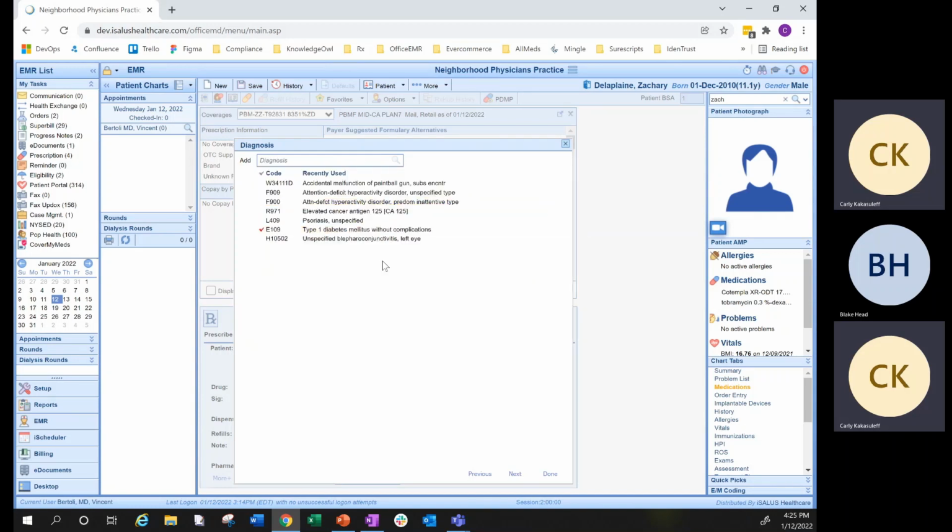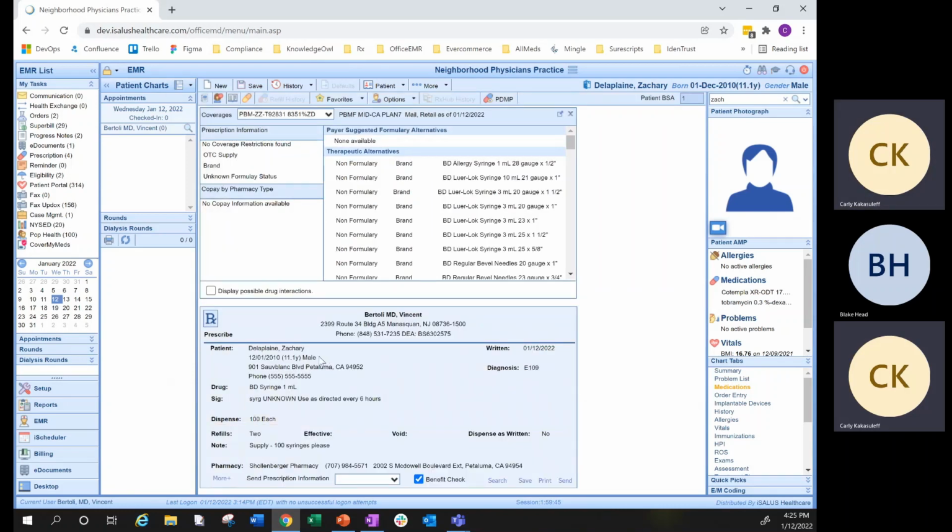Right now, you have the ability to add a lot of different diagnosis codes. We can only send 2 in an electronic prescription, so you will now be limited to selecting 2 diagnosis codes per prescription. Another change is if we had or were able to pull the patient's height and weight from the